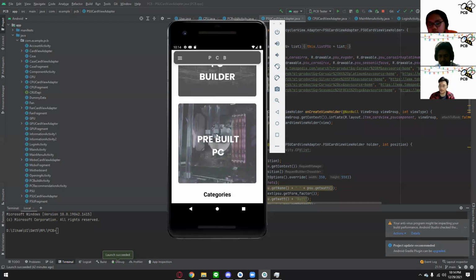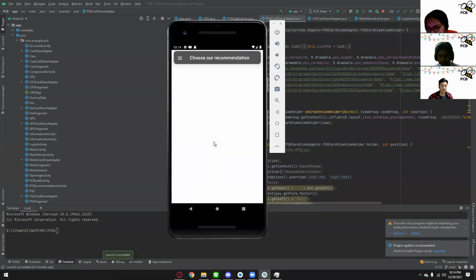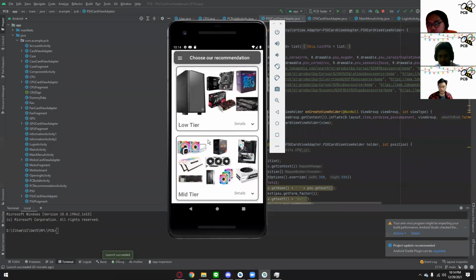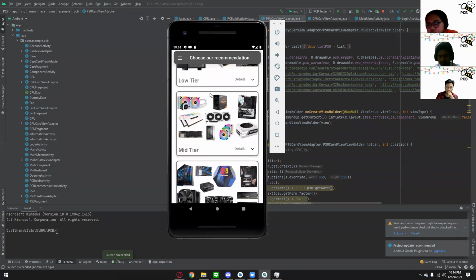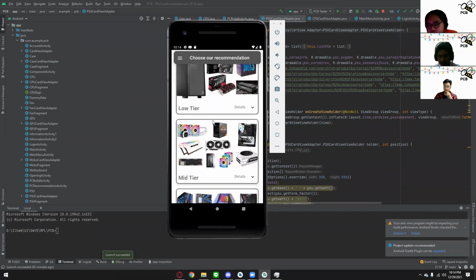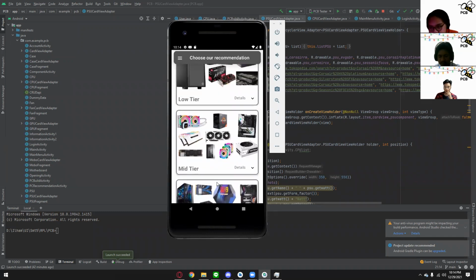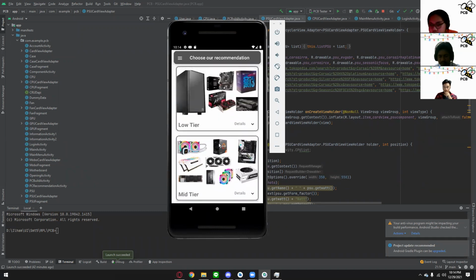Next we are going to the pre-built PC. In pre-built PC, the application will show the PC designs that are already designed by us. For now there are 3 designs, in 3 different price ranges: low tier, mid tier, and high tier. In here, there's a picture of the design, so it gives the user a better picture of it.